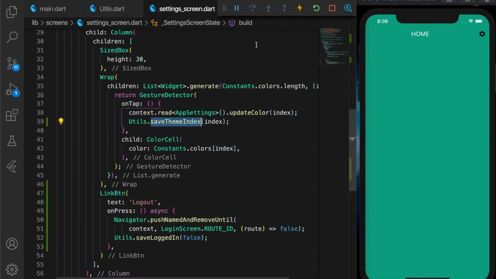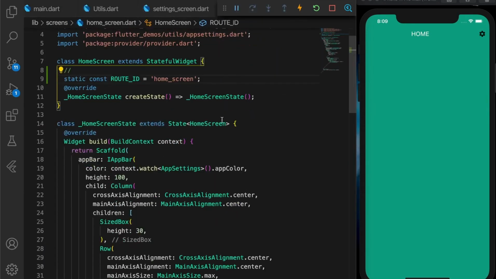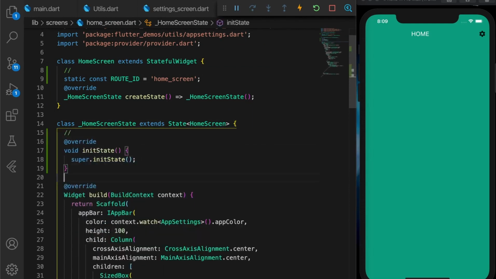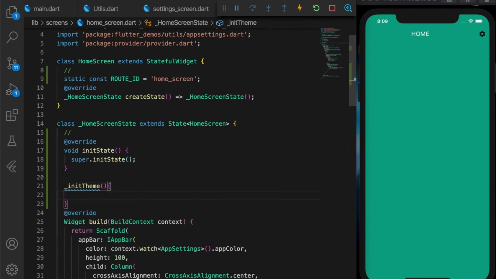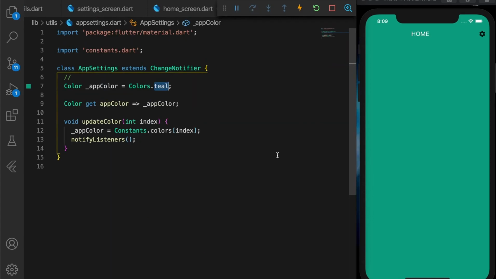Okay, now let's try to load the saved theme and theme our app. Now we are saving it, but we are not actually using it, right? So let's go to the home screen, and I'm gonna override the init method and write a new method, init theme. Here we are gonna get the theme saved by the user, which is the theme index. Now let me open the app settings class, where we have the method to update the color, the app color. So that's the update color method that's going to accept an index and get the color from the colors array